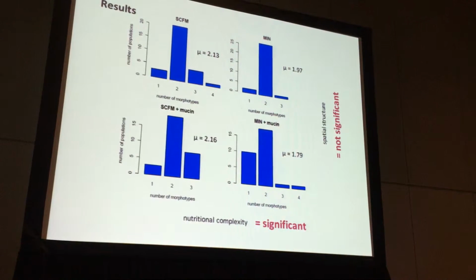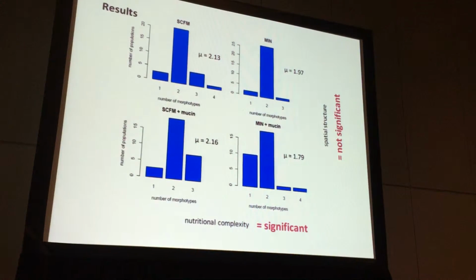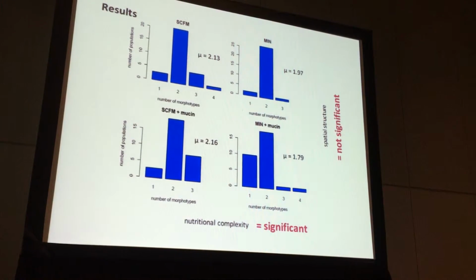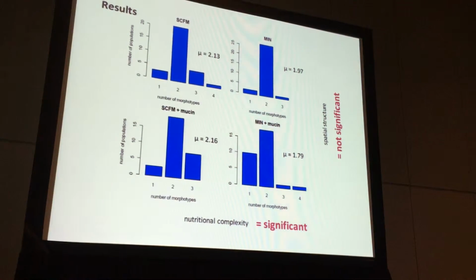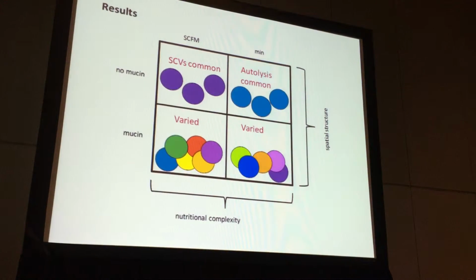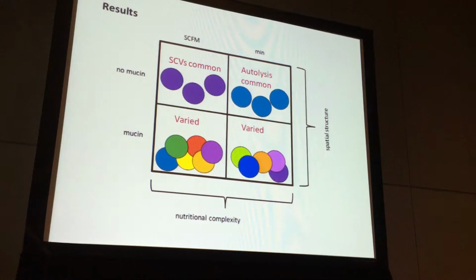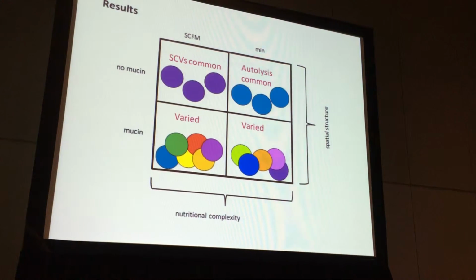And overall, this wasn't the result that I expected. I expected to see a much larger number of types present in the SCFM plus mucin treatment, and so I didn't really see this. But what I did see when I looked at the populations was that in the 2 treatments without the mucin,